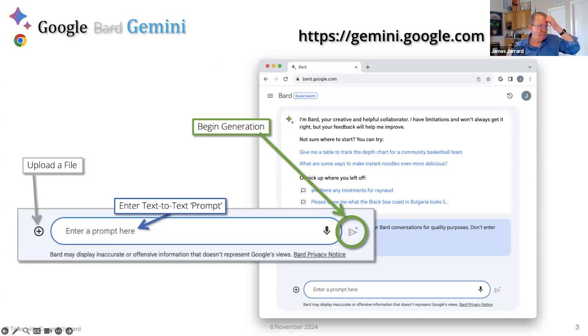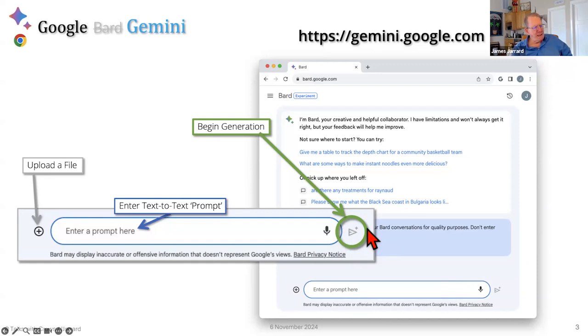I can tell you. So this again is from about a year ago, the graphics here. But notice, here it's got a text-to-text prompt entry area. It's gone from large language model to multimedia language model. So we'll see you can create images.